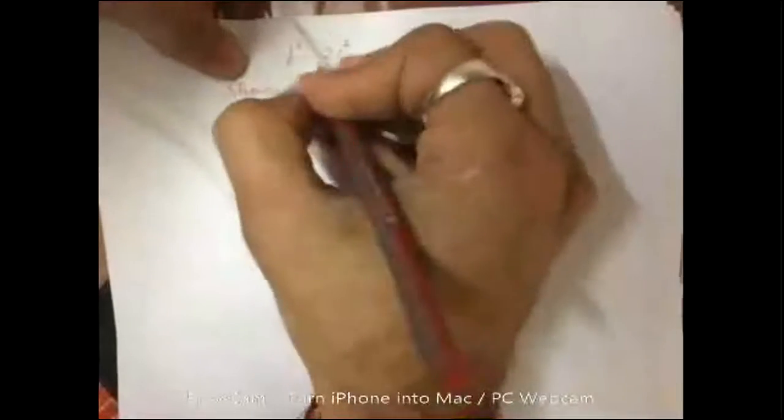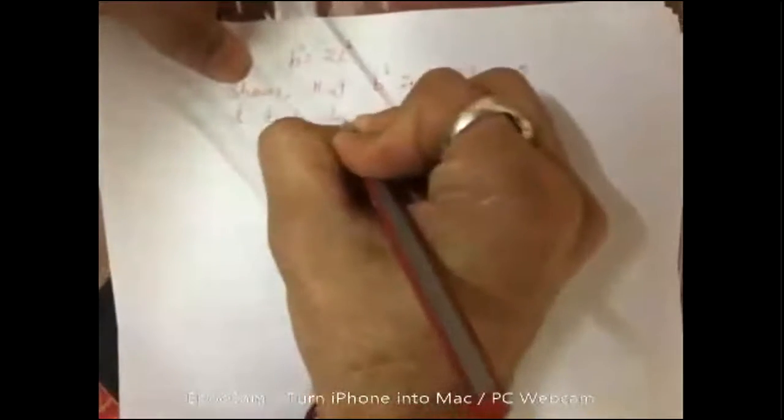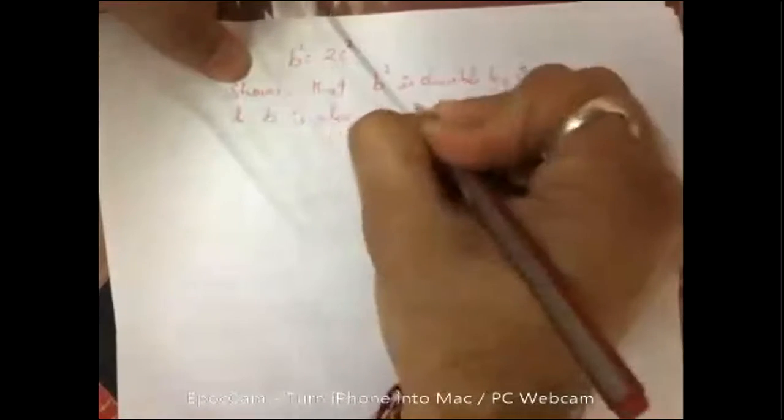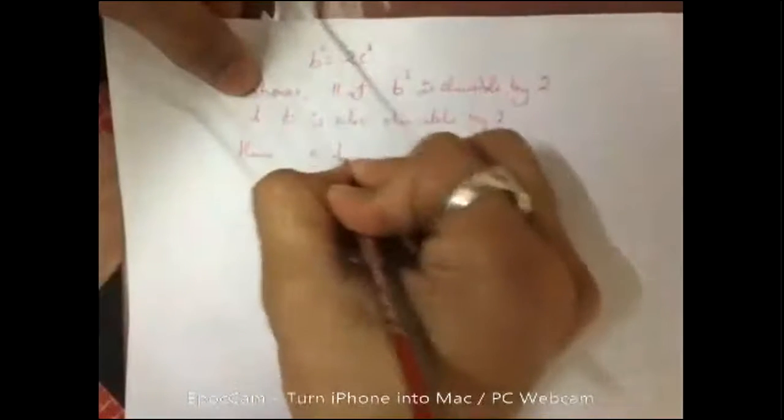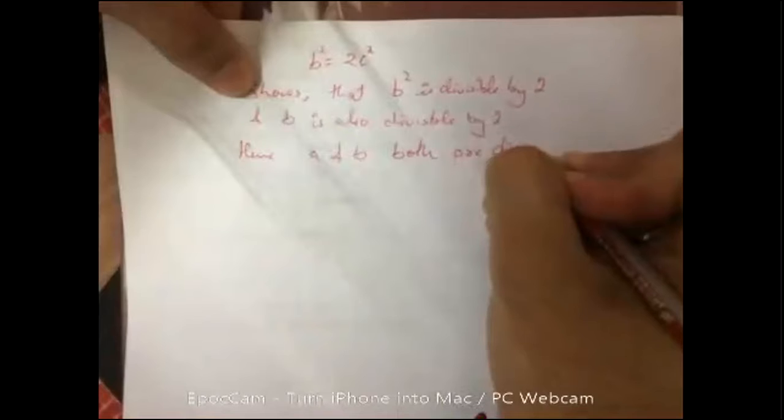B square equals to 2c square. This shows that b square is divisible by 2 and b is also divisible by 2. Hence, a and b both are divisible by 2. अब क्या हो गया? A और B दोनों ही divisible हो सकते हैं किससे? 2 से. This contradicts our statement